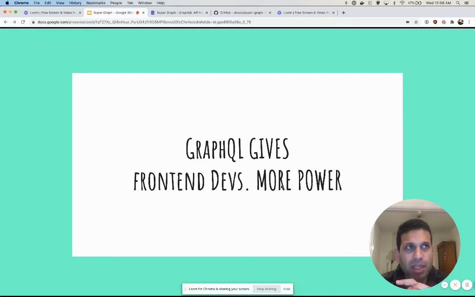So Supergraph essentially gives front-end developers all the power. They know what data they need because they're building the UI, and they write down the GraphQL query for those data needs. And Supergraph just gives back JSON in the exact structure that they want it in, with all the data that they need. And from a backend perspective, it's very efficient because no matter how much data you're requesting, Supergraph generates just one SQL query, even for deeply nested objects,